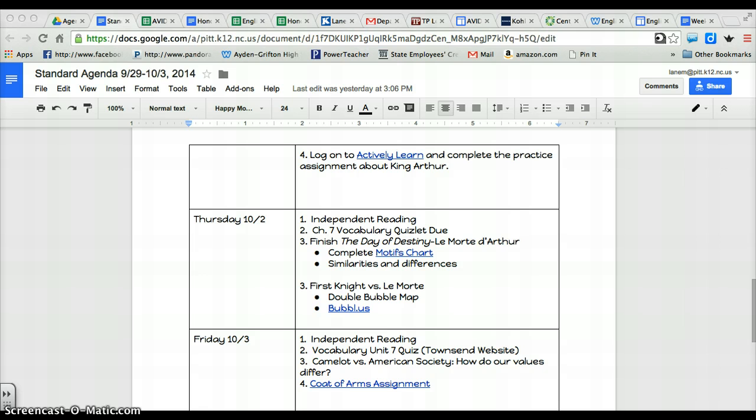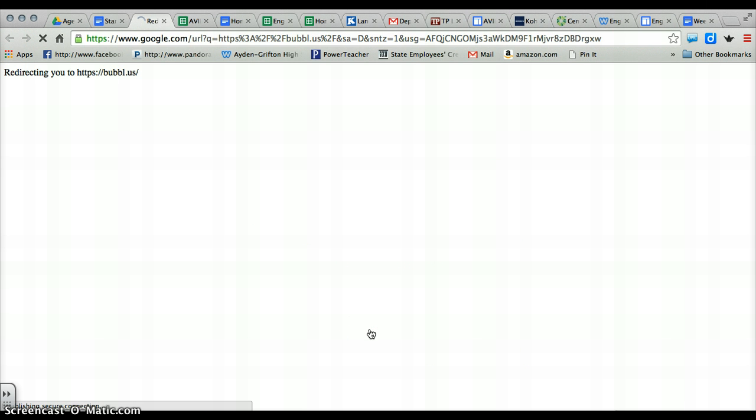So on your agenda you'll see that we're going to be comparing the movie First Knight to the Day of Destiny section that we read out of the textbook, and it asks you to create a double bubble map using Bubbleless. So if you click on Bubbleless on the link that I've given you there, it's going to open up